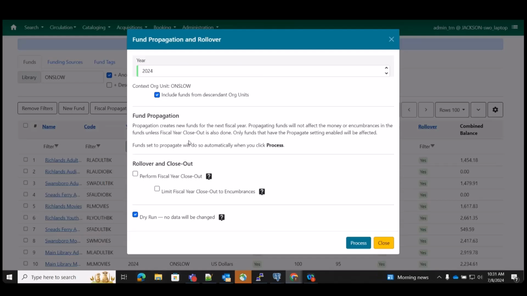So in order to move forward, everyone needs to check this first box, perform fiscal year closeout. This little question mark doesn't work. But basically, checking this box is how we close out the funds, which is the point of what we're doing. If you don't want anything to roll over, that needs to be set in the funds themselves. So the funds themselves should be set to no for rollover. However, if you want encumbrances to roll over but not balance, this is where you can determine that. So I'm going to check limit fiscal year closeout to